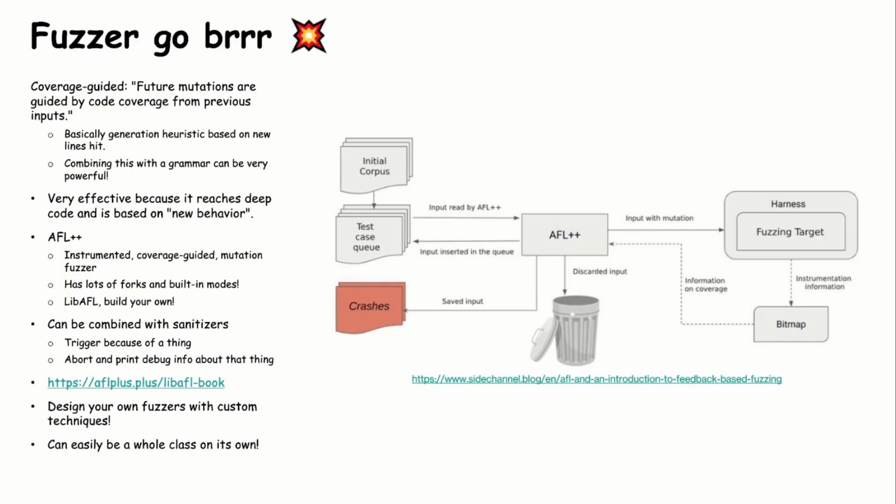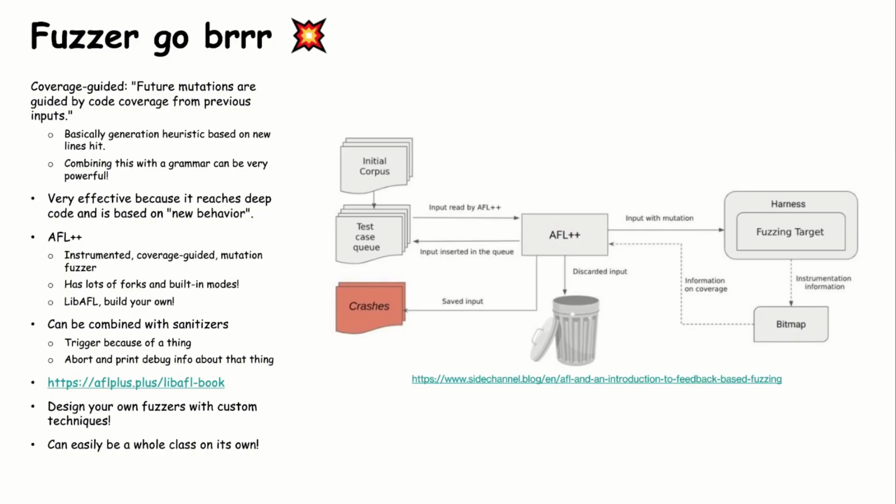But coverage guiding is a fuzzing technique, as I mentioned, that's based on executing new and interesting code paths. How fuzzing works in general is you have an initial corpus of inputs. They use a lot of weird terminology in fuzzing, but you have an initial set of inputs. You feed it through your fuzzer, which sends it to a protocol or sends it as a file, and your target processes it. And in the case of AFL++, it